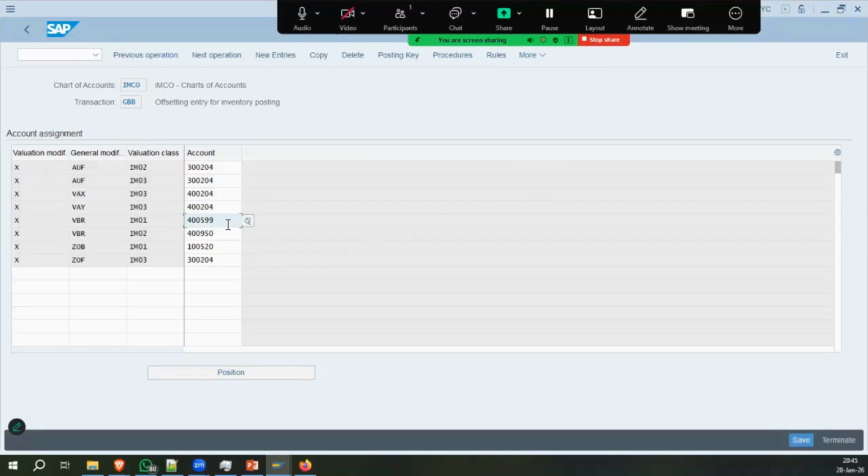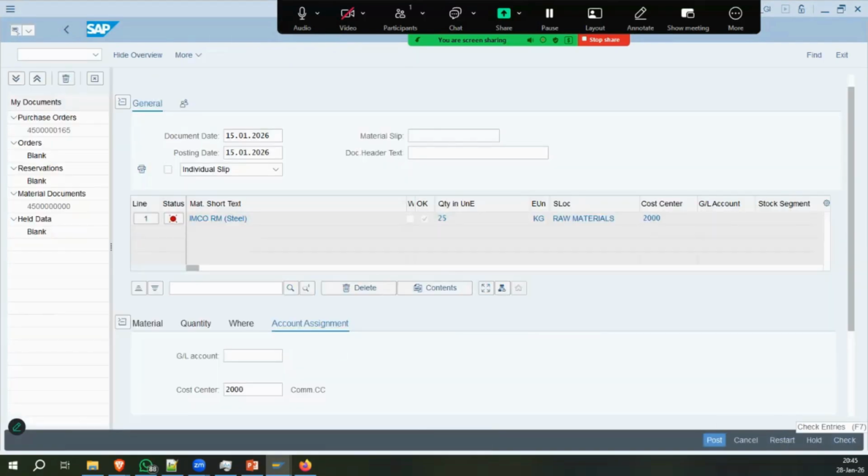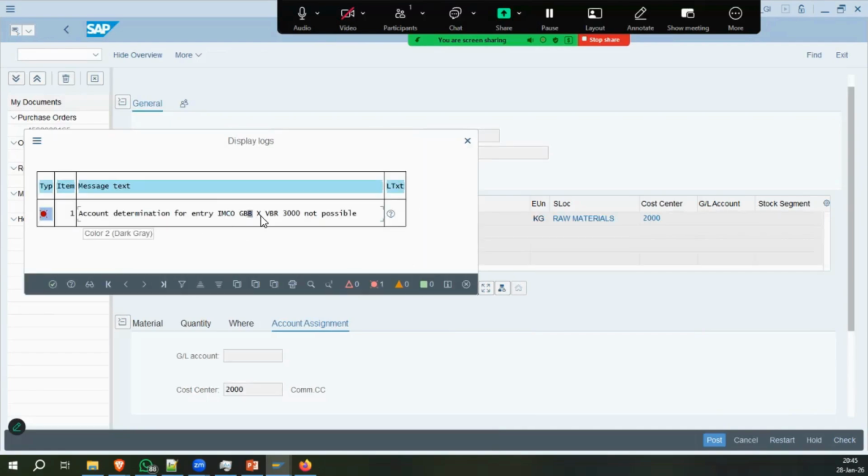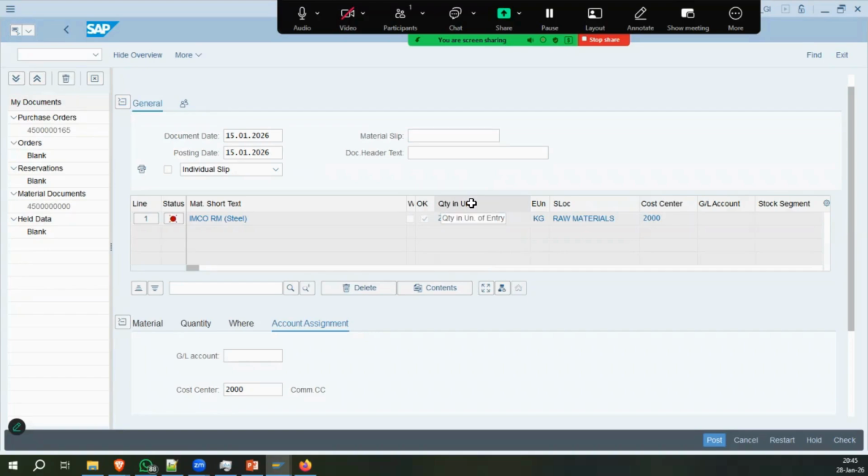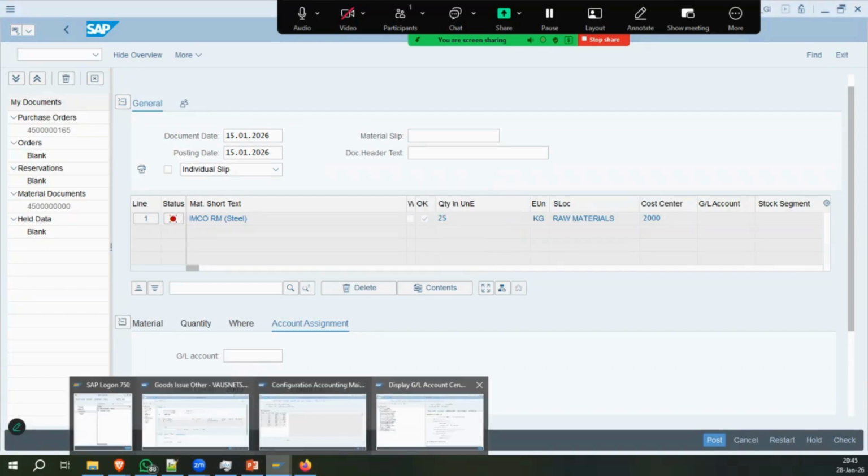Okay, 40599. This is there for IM01, valuation modifier is X, VBR. We can have X, Y, Z, anything. But that will then be used everywhere. VBR. Okay. What is it that's saying? Round for entry, IMCO GBB, X, VBR 3000, not possible. Okay. Thing is,